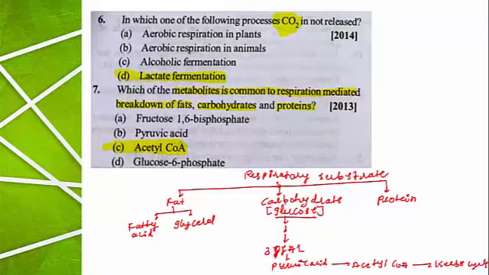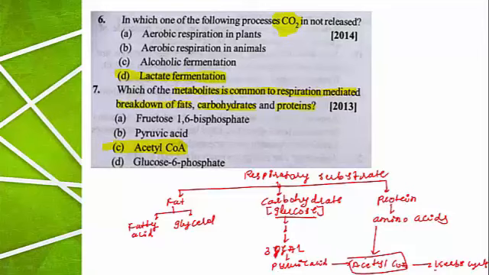That means when carbohydrates are broken down, the ultimate product of glucose breakdown is pyruvic acid. From the pyruvic acid, acetyl coenzyme A is generated through oxidative decarboxylation, and this acetyl coenzyme A enters the Krebs cycle. When proteins are broken down, the products are amino acids, and amino acids directly give rise to the formation of acetyl coenzyme A. Pyruvic acid is produced from the breakdown of glucose, and glucose is a carbohydrate.